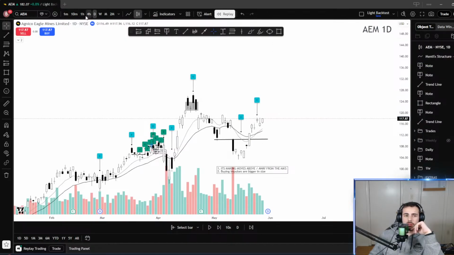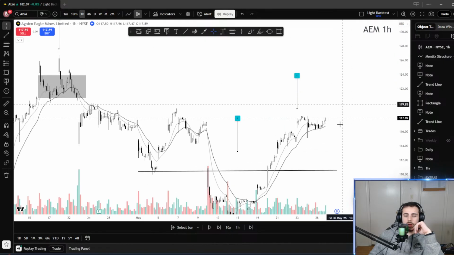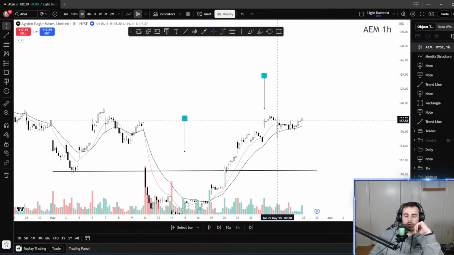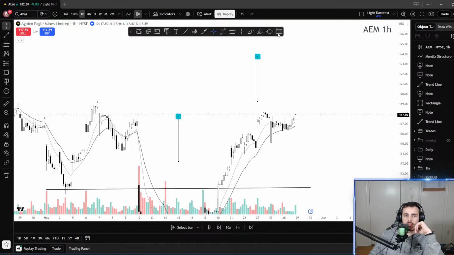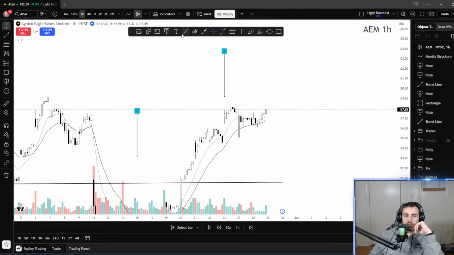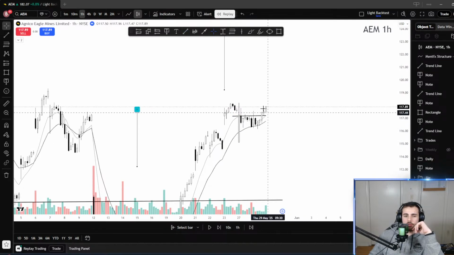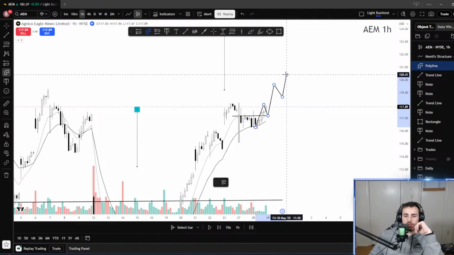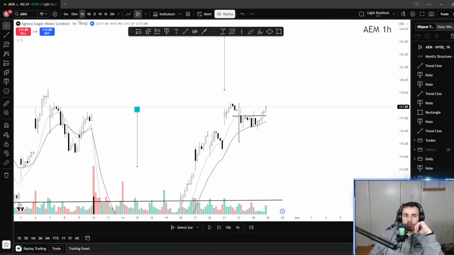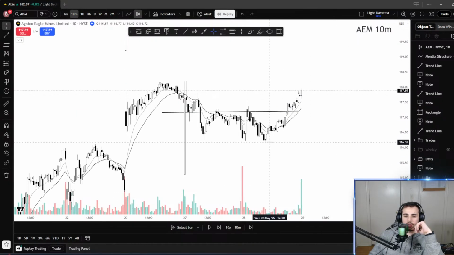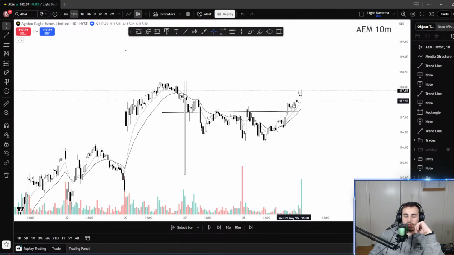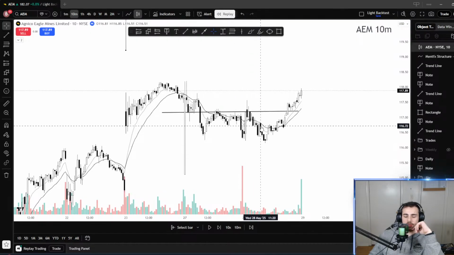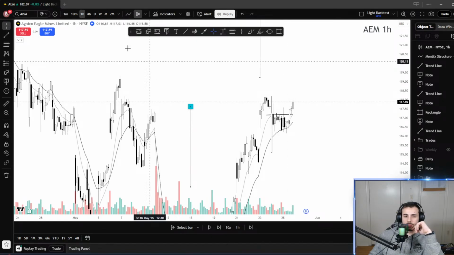On the 1 hour, breaks of structure stop delivering and you get sideways action. And at this current moment, we have actually created an accumulation break. And we are now waiting for that pullback on the 1 hour, because the 1 hour has potentially started an environment where it can trend. And we see that 10-minute trend off this sideways action that started the move out of the sideways action on the 1 hour.